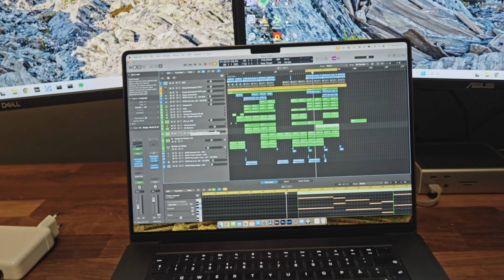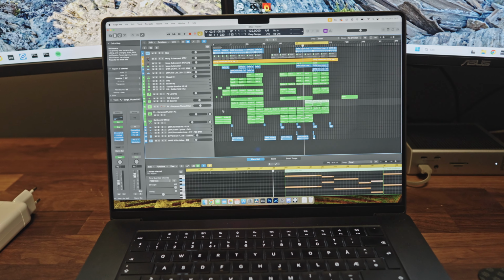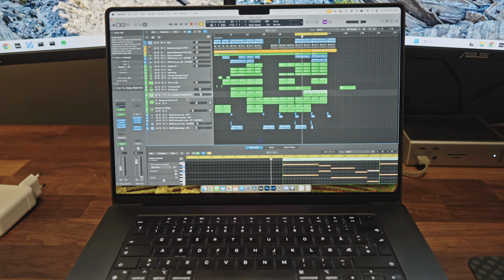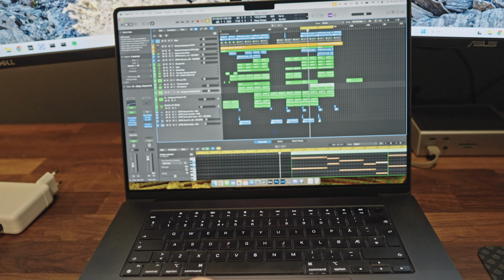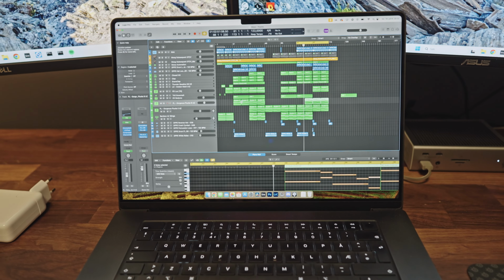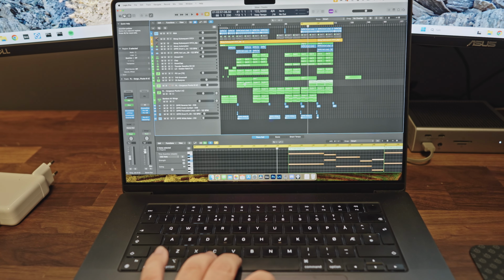So you can obviously use a reference track, so I can kick out Spotify or something like that and just compare with another track. The speakers are really transparent. Mixing choices I make here in Logic work really well. I can just play it back here. Obviously you won't hear it that well in this microphone, but